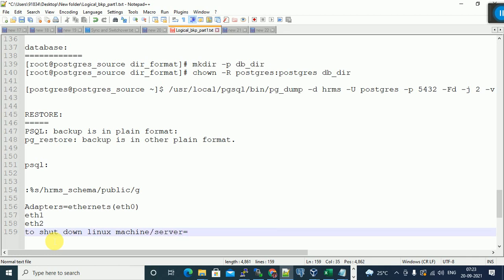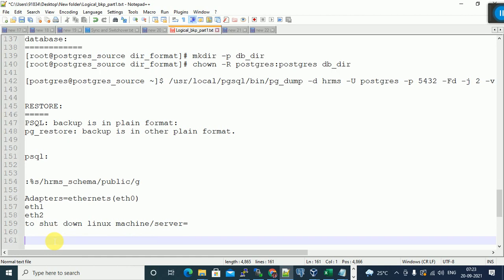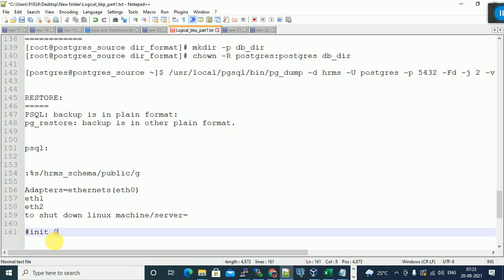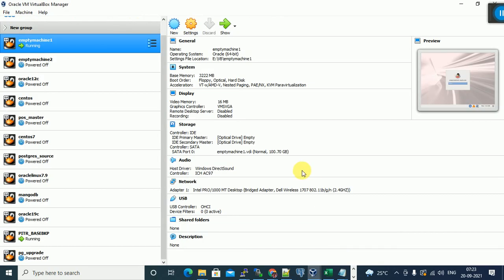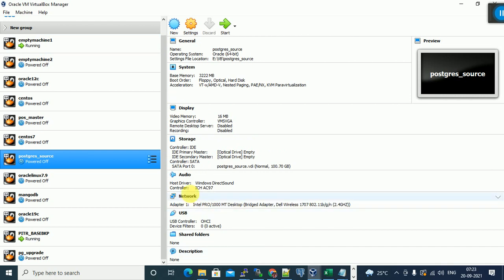What is the command? After logging in as the root user, where you will see the hash prompt, type init space 0 and press enter. This is the command to shut down the Linux machine. Okay, you can see it's in powered off state.